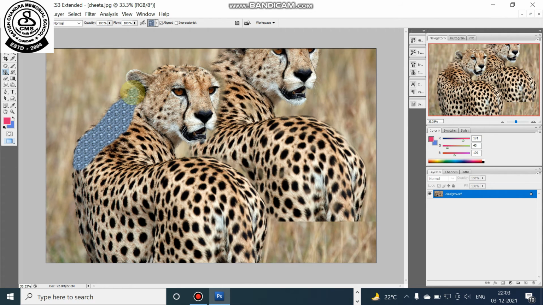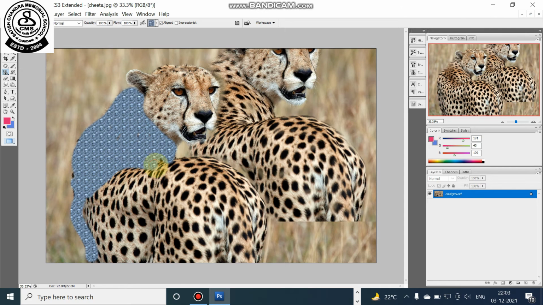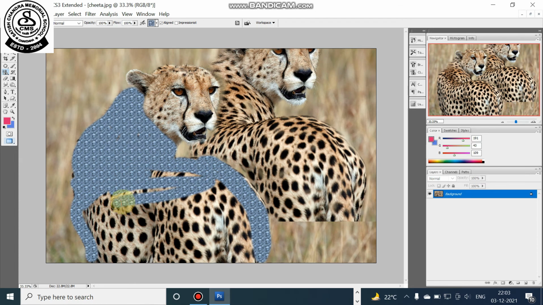We have selected the pattern, and we move our mouse pointer on the body of the cheetah, and you can see we are making a clone of the pattern that we have selected on the body of the cheetah. Now I'm gradually moving the mouse pointer on the body of one cheetah. You can see very easily and very effectively that the body of the cheetah has changed, and that has been done with the help of the pattern stamp tool.